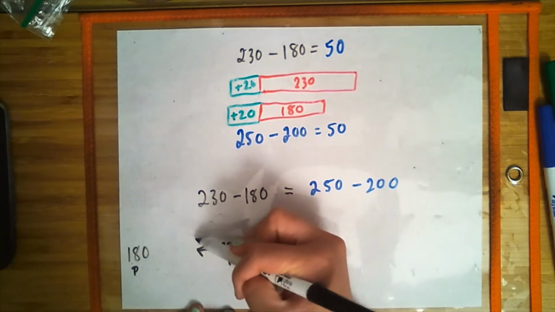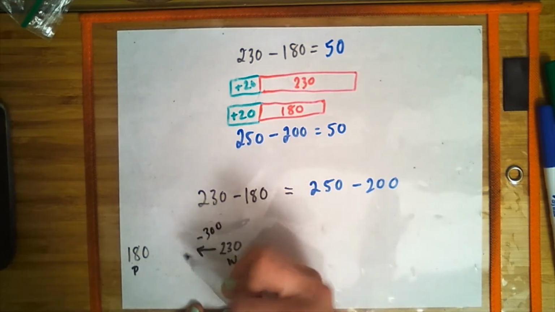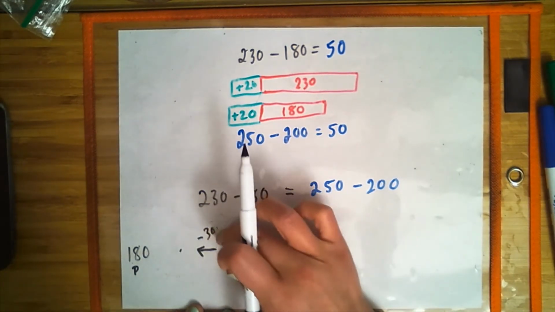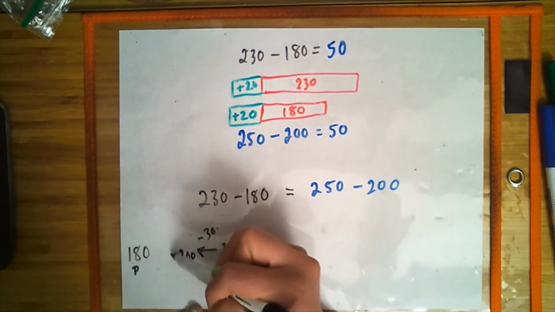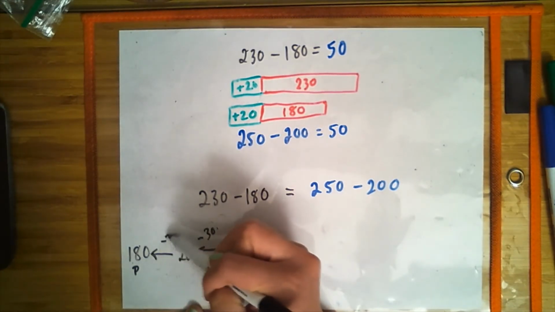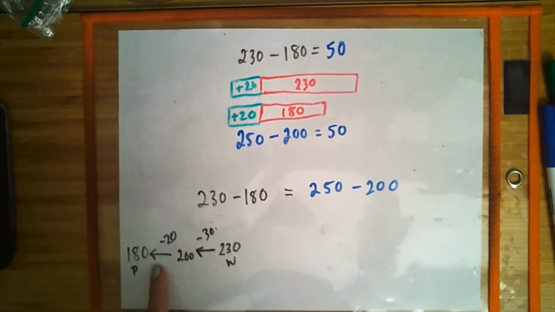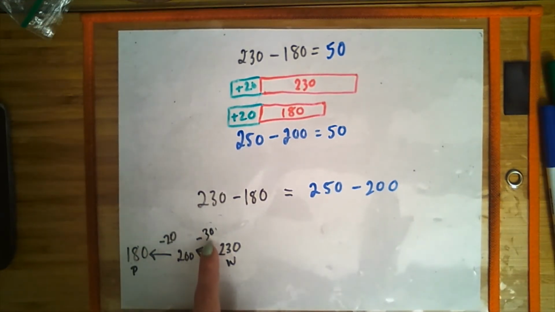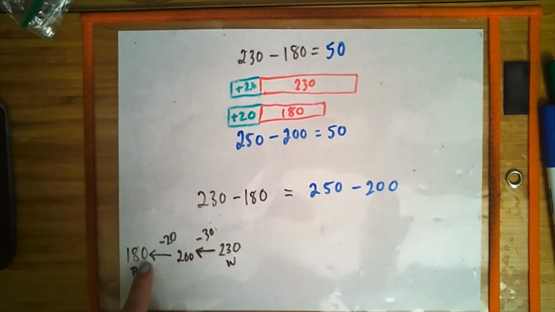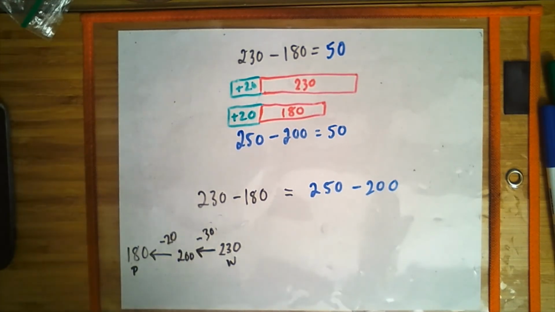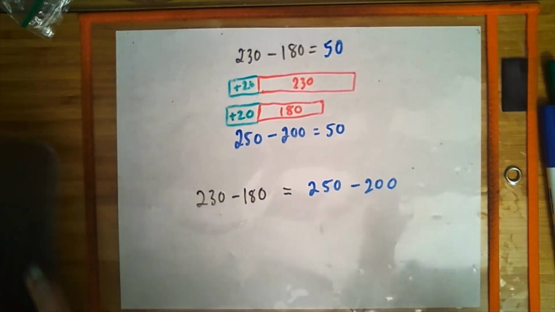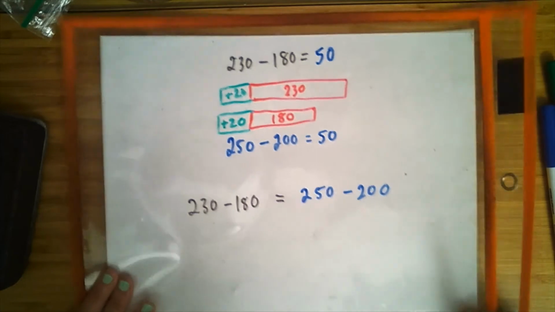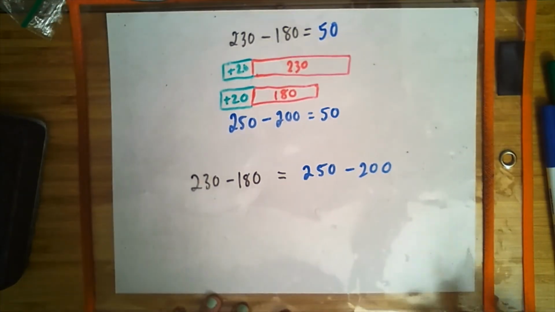Let's jump back 30 to get to 200. Let's jump back 20. If we jump back 20, so we did 30 jumps there and then 20 jumps there, that's 50 jumps total. Does that land us at 180? Yes, it does. So now that we've confirmed that, we're going to go ahead and create